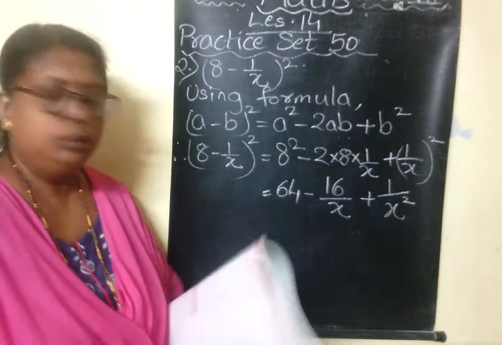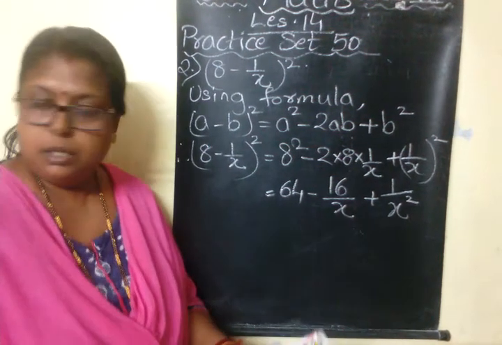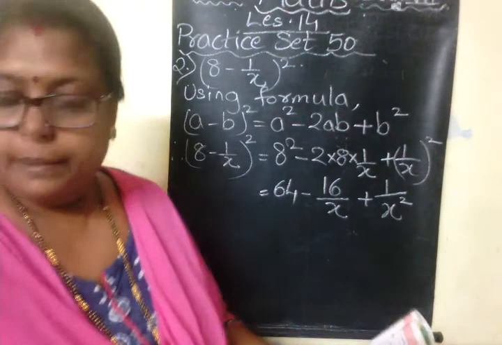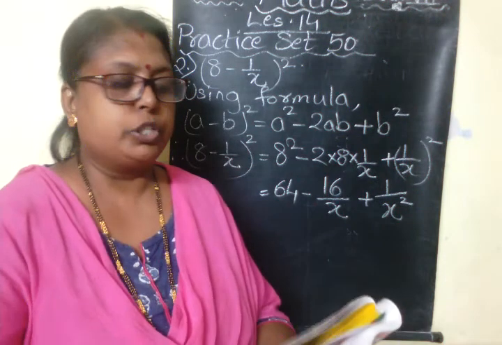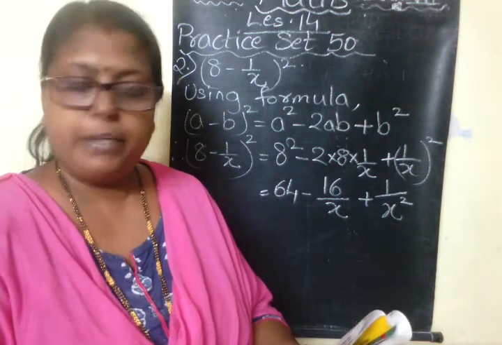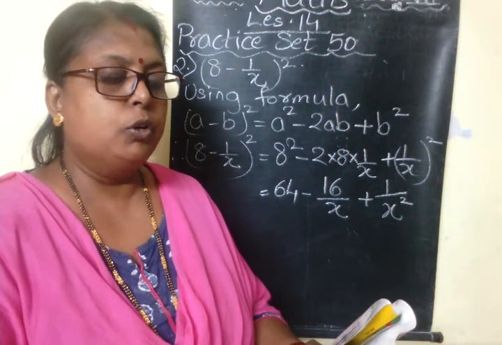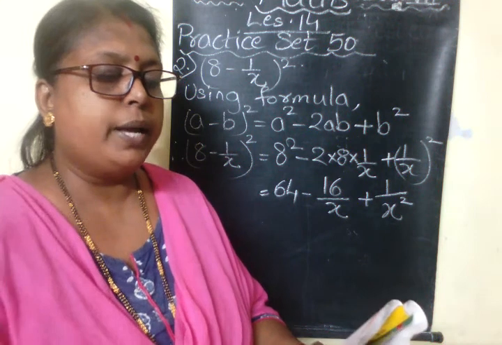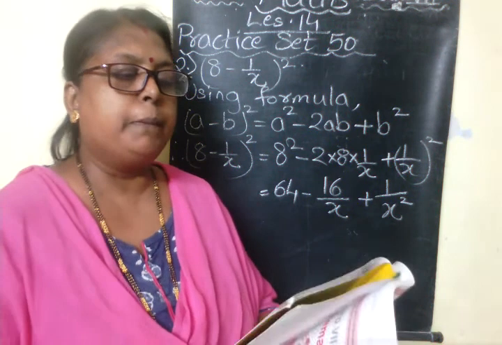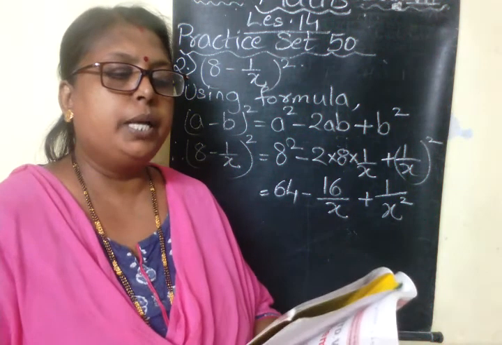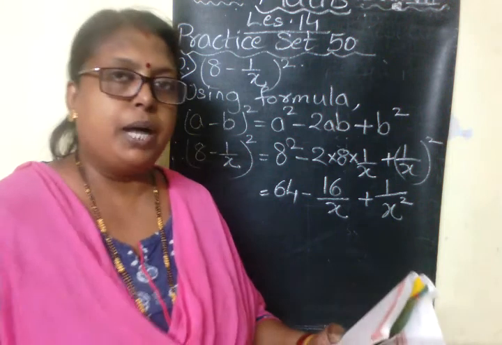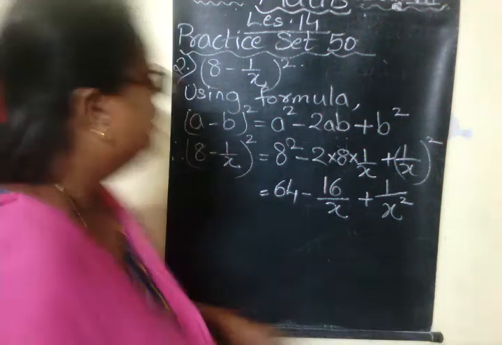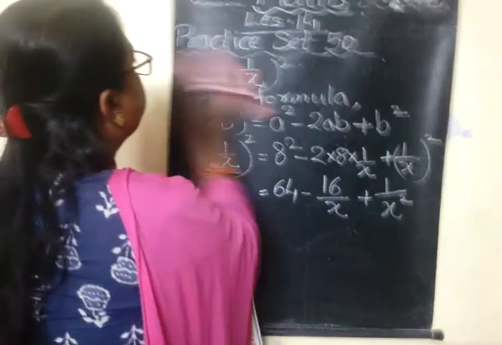Let us move on to the next sum. The question is, third question: of which of the binomials given below is m square n square plus 14 mn pq plus 49 p square q square the expansion? Means they have given you the answer, you have to find out the question. So what we will do is,